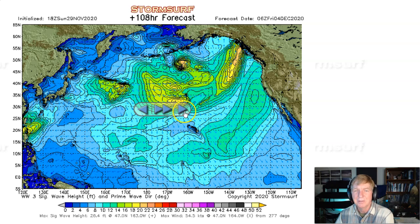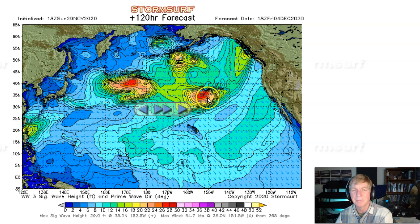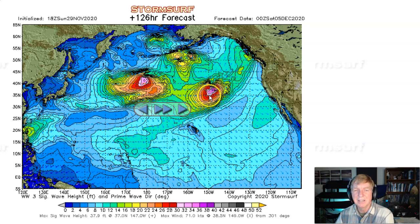Still a rather disturbed pattern, but nothing organized until we get into Friday. We'll go right to Friday evening. Our 2 new systems set up. This is an upgrade, actually. This one off the U.S. West Coast is now forecast to have 30, 32, 34, 36, maybe 37-foot seas, and a new dateline storm with about the